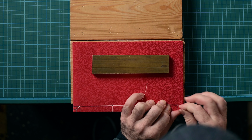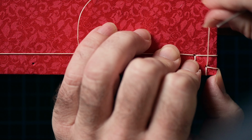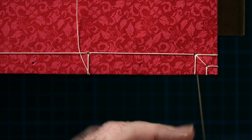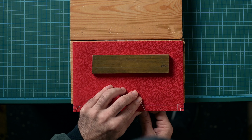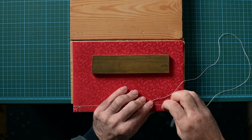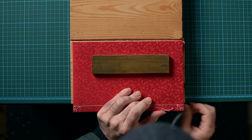back inside and around the foot again and inside the same hole. Okay, we finished this side. Now we are going to the hole up here, back to the main hole, pulling. Now don't get confused, we are going inside the first hole where we began. I'm going inside and then I'm going back to the center hole, going around the spine and back into the same hole,